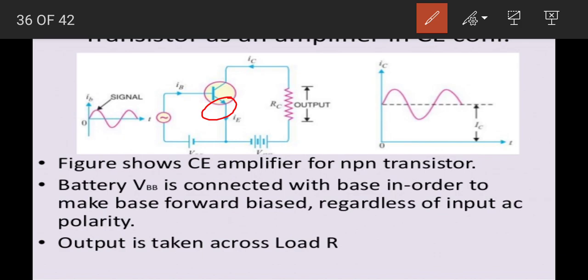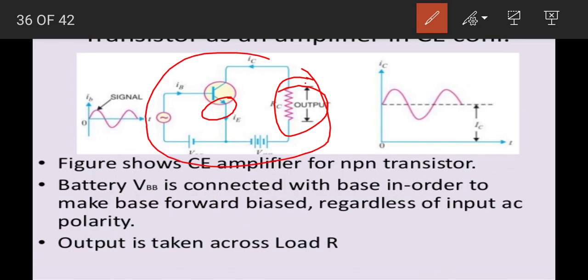Okay, in order to make the forward bias, the input polarity is as shown. The output is taken across the load, from this output. This is the circuit diagram for the amplifier. Simply, this is the amplifier. Only two components are required: one is a transistor, another one is a resistor. The output resistance is very high. We want a very high output resistance here, in the range of K, whatever, 1K, 75K, 500K, any, but the output is a very high resistance.